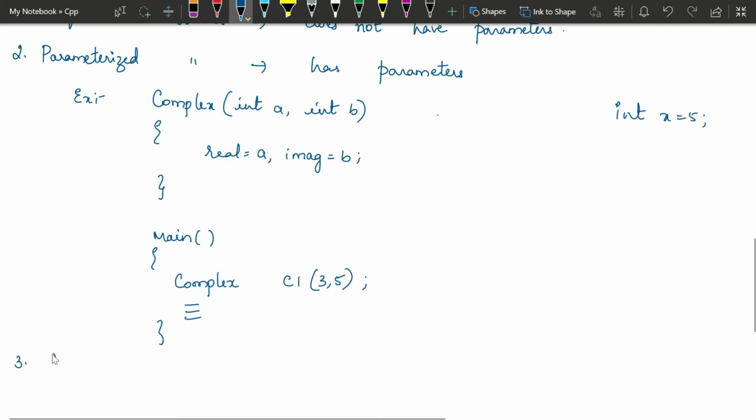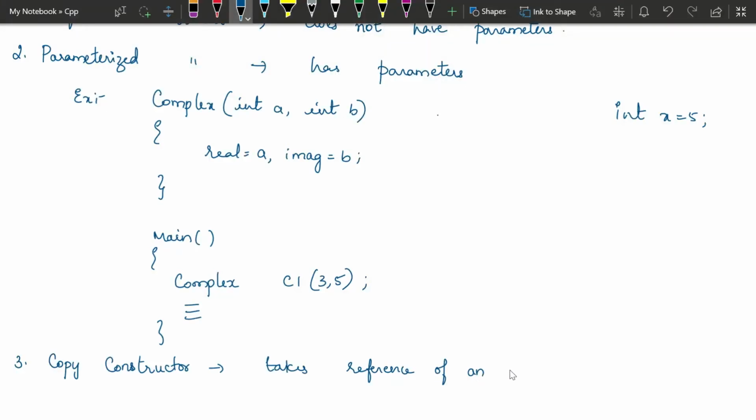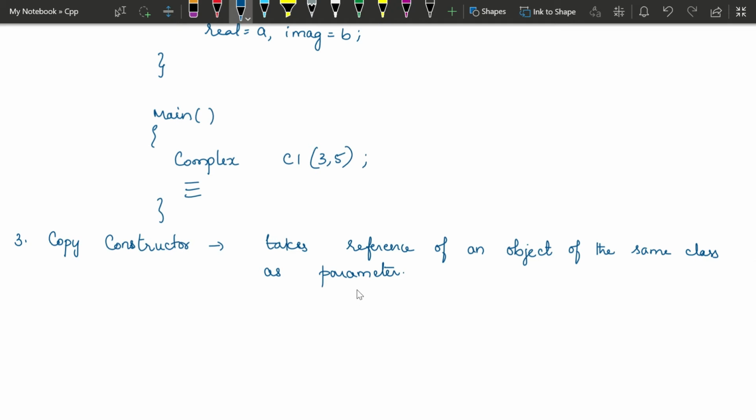And the next type of constructor is a copy constructor. It takes a reference of an object of the same class as a parameter. This is to create a copy of an object. In the previous example, I gave two integer values as parameters for the constructor function. Suppose I give an object reference of the same class to the constructor, then that is called a copy constructor. For example, I will create a complex object. I am writing the complex function, and here the parameter is